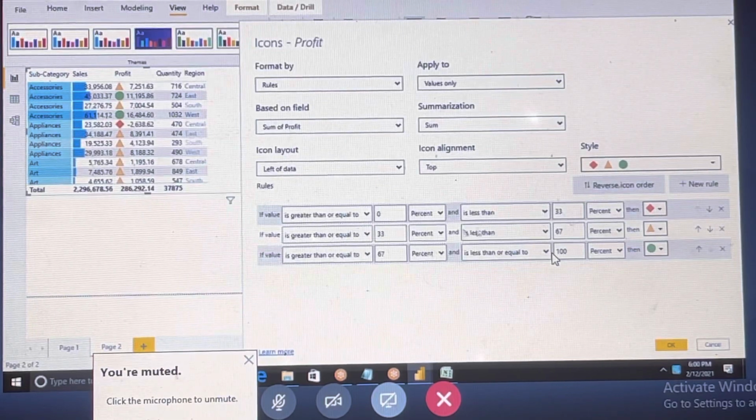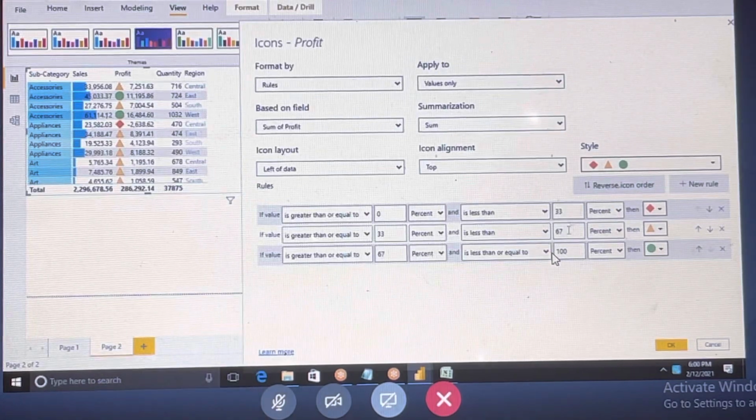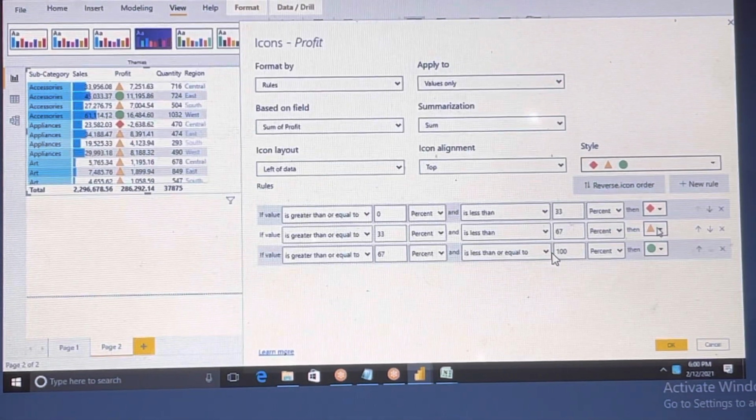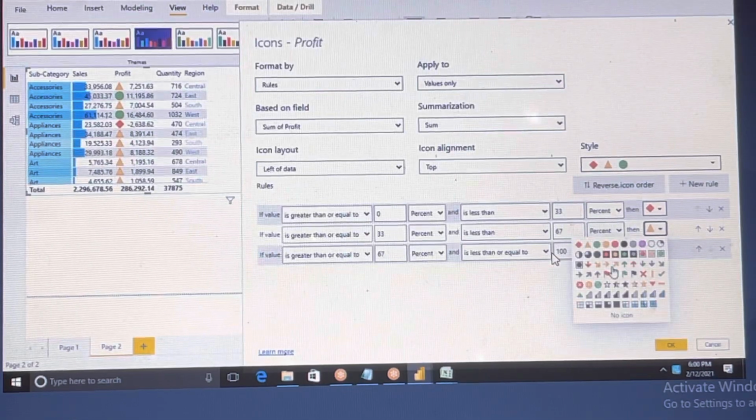Simple. And if it is greater than or equal to 33 and less than 67, this color. And greater than 67 and less than or equal to 100%, this color. If you want, you can also change the color, whatever symbol.